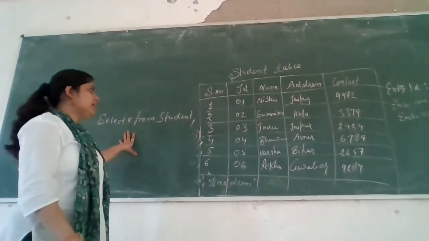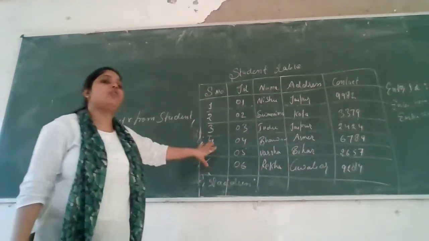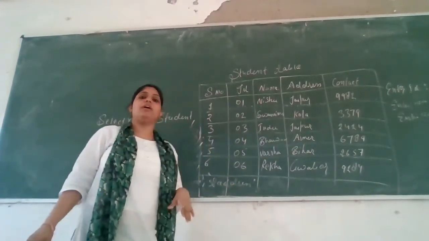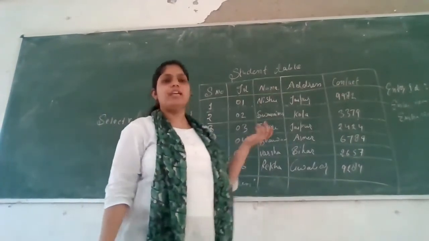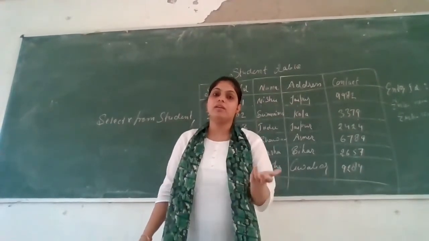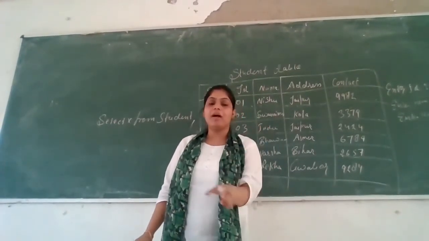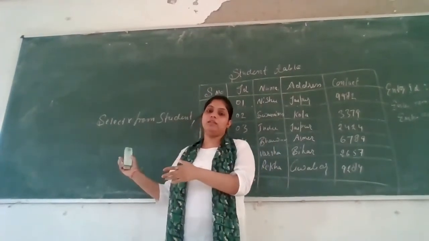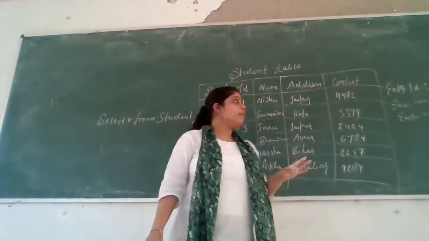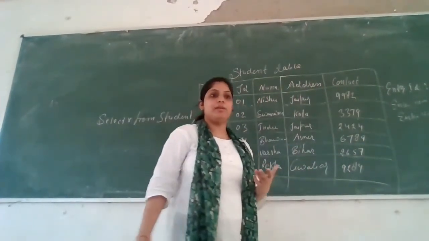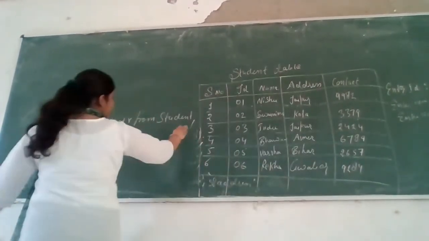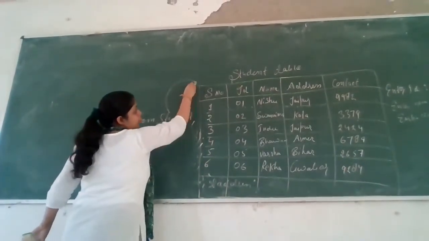By using this select asterisk from student, this is the output we have created by using the insertion command. You can take any insertion command: insert for a single table, insertion for a particular table, insert for specific columns, and insert for multiple tables. But in this example, we have only one table, that is the student table. But if you have multiple tables, then you can use insertion for all of them. Now by using this, the output is like this.